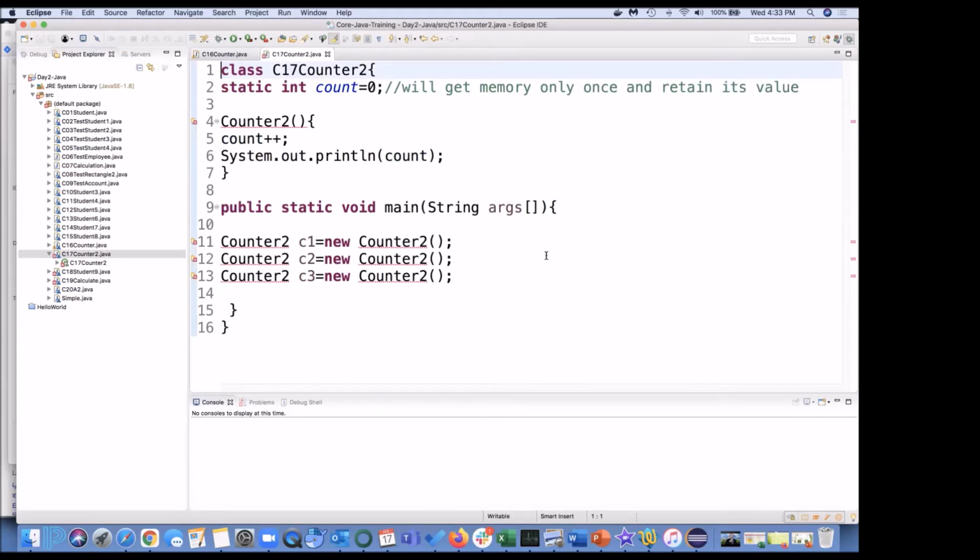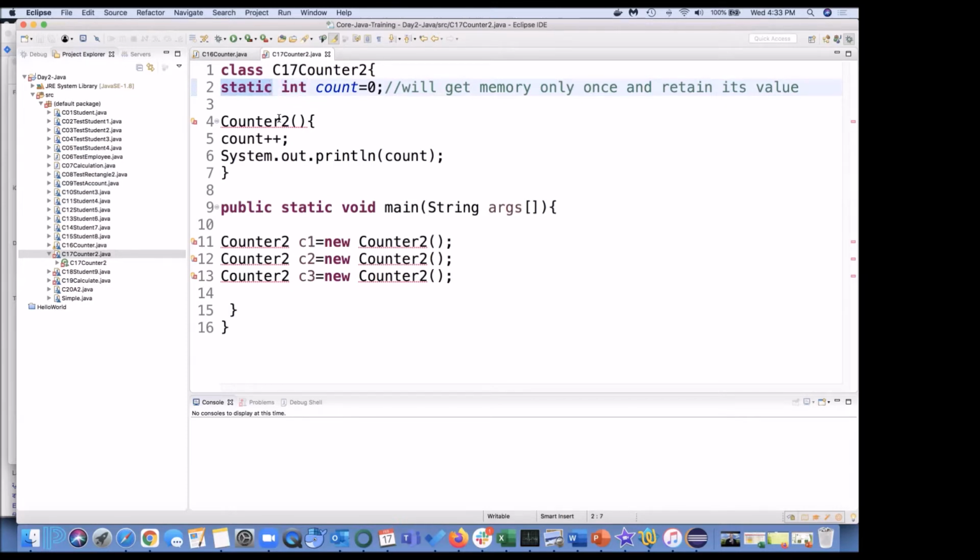Now the difference here is static. The moment we put static here, it means this variable is now at class level, not at the object level.